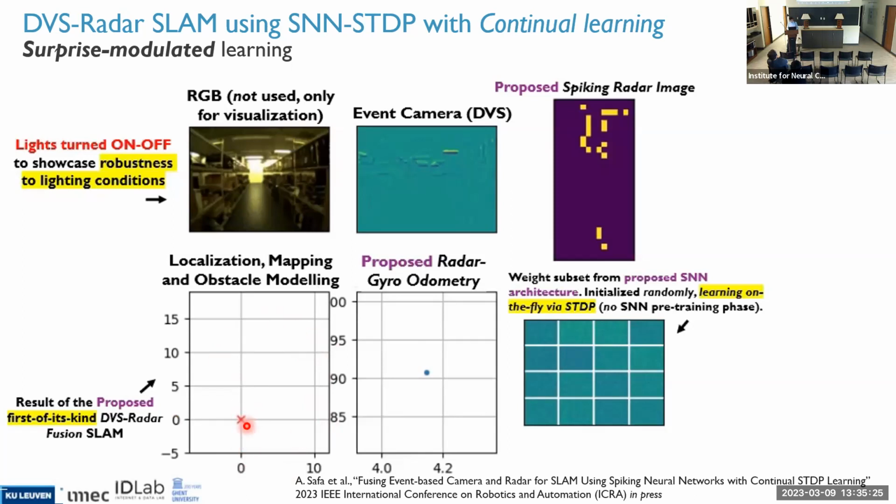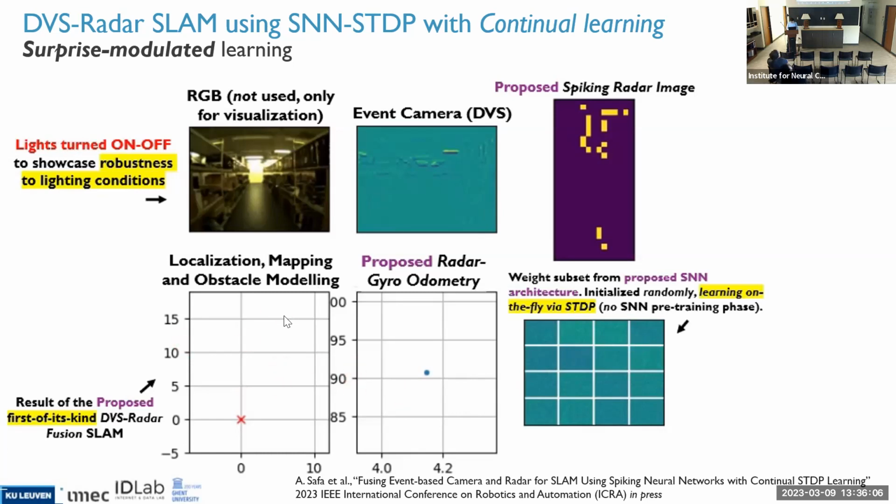In this box here, you will have the result of the SLAM that will build up through time. The red cross is the point where the drone is. You will have black dots, which will be the walls, in fact, all the obstacles that will be modeled as well. Here, this is just the odometry data, so the raw IMU, the raw inertial measurement, is diverging because of the errors that keep on accumulating. And finally, this box will show you a subset of the weights of the SNN, and you will see that they will change through time. If you pay attention to that box, you will see those weights really changing, plasticity, as the drone is flying around. And this will show that indeed the weights are adapting themselves as the drone is flying.